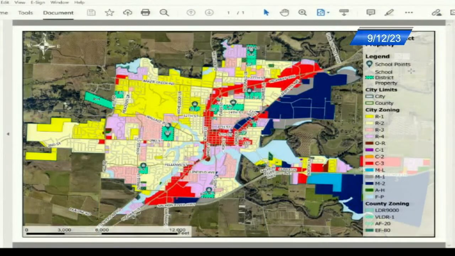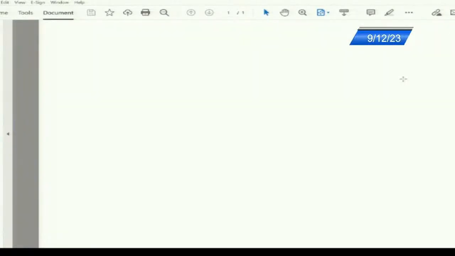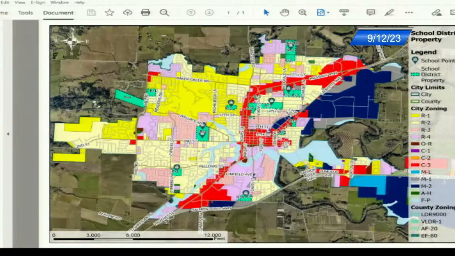So if you can see on this map, all of the green squares are all of our school district properties. So Councilor Geary, do you mind kind of pointing some of them out since you're nearby there? And then the associated colors around them show the zoning, and there's a zoning key on the side there. And then in the bottom left of the screen, we have a feet scale.